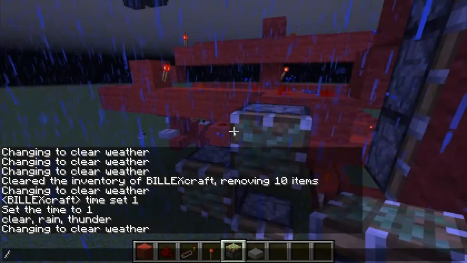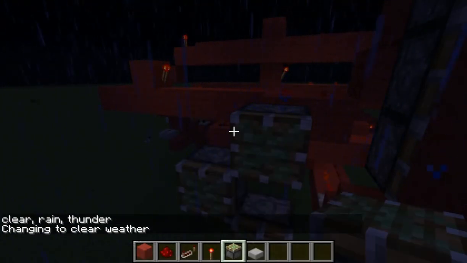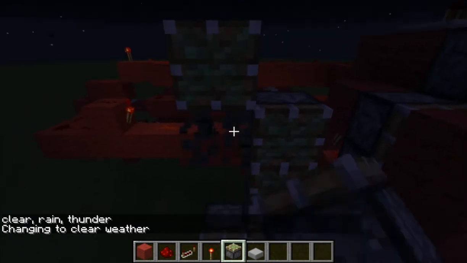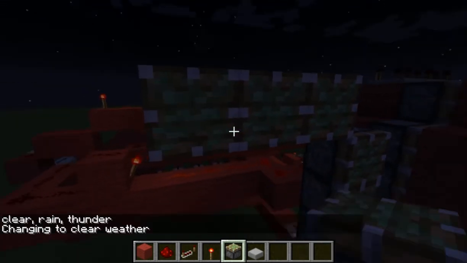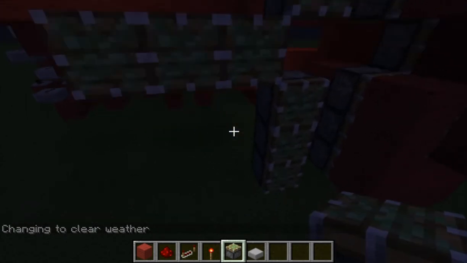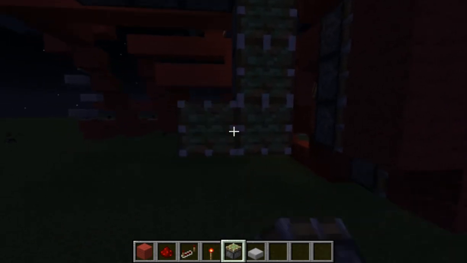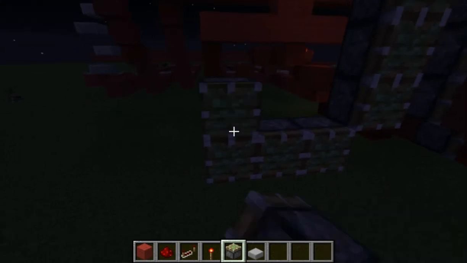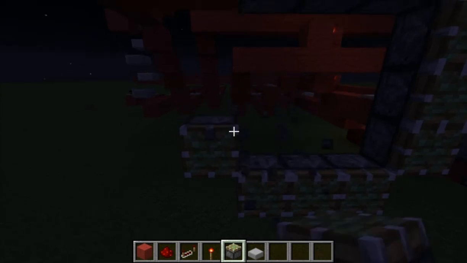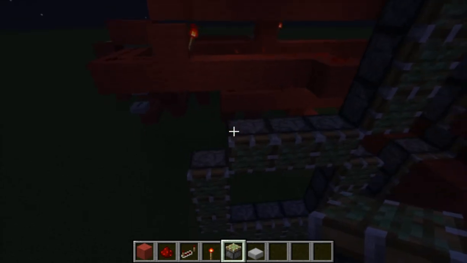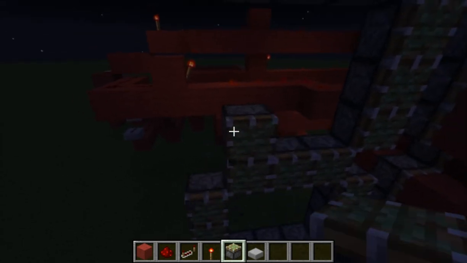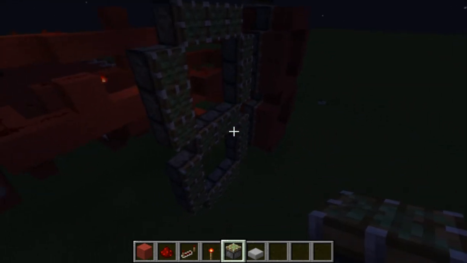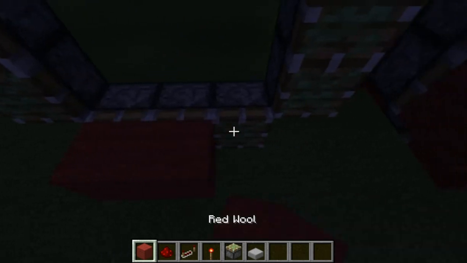And it's raining again. So I just want to do exactly the same thing. And you want to repeat that 3 piston stage for all of these until it looks a little bit like this. So then you want to place your blocks on the front,